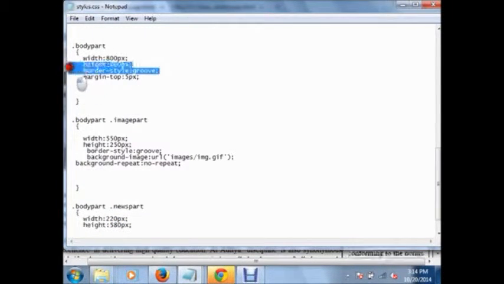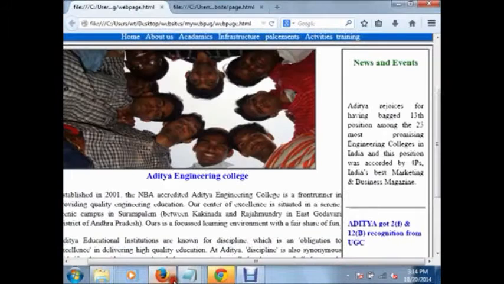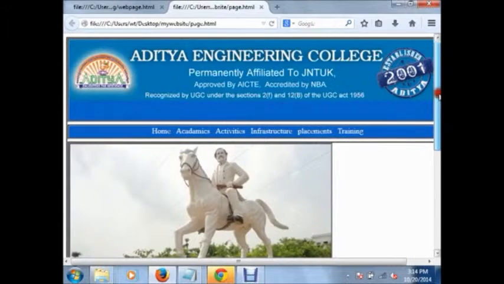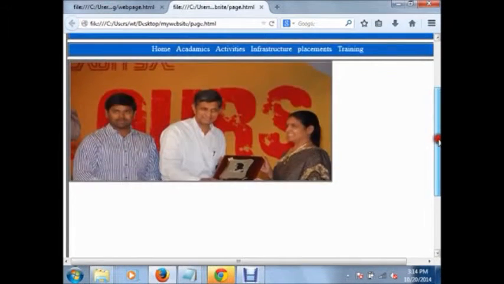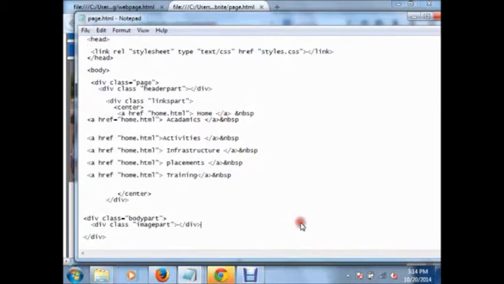and I am using a border. We have to write it inside this, inside the HTML. So div class equals to news part,